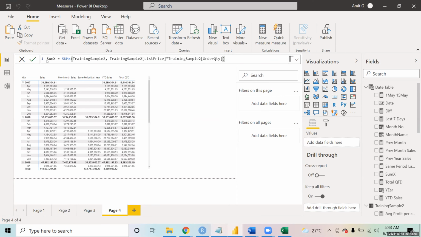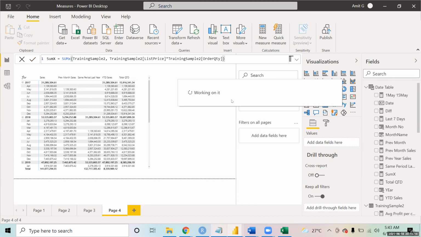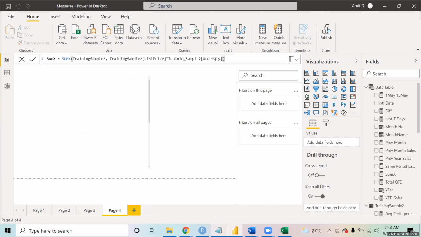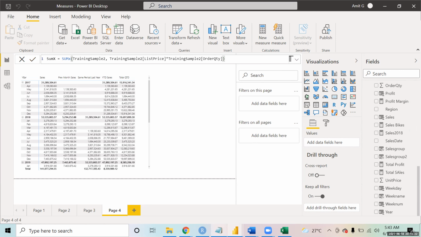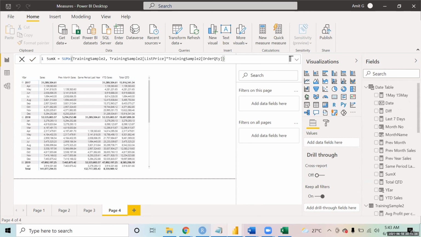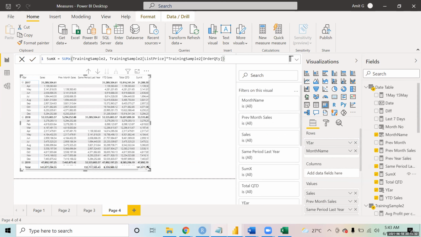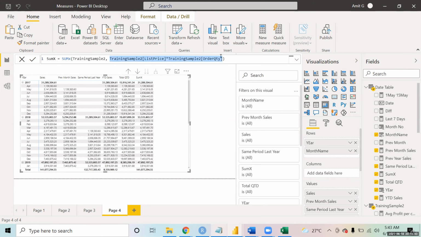In the SumX, I can do that calculation and then do the sum. So the output will be the same, the total sales, just that I will not have to actually create the column of sales first. I can straight away use this. So here is the SumX. If I just bring it in this table, you will see it is also giving me the same sales, right? So this formula just gives you the capability to do the calculation and then find the sum. That is the only advantage that this measure has.